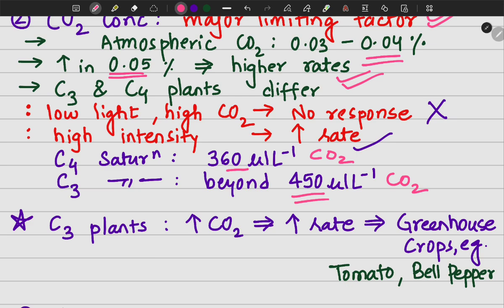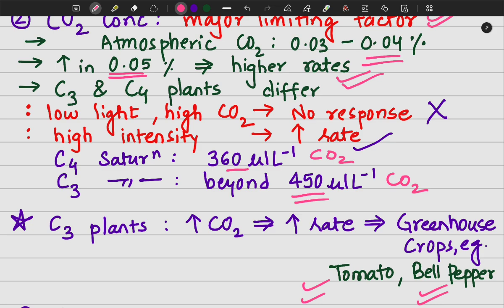Some of the crops like tomato and bell pepper are greenhouse crops. They are grown inside the greenhouse. A greenhouse is a special type of compartment made up of glass in which the plants are grown, crops such as tomatoes and bell pepper, which show response to a higher carbon dioxide